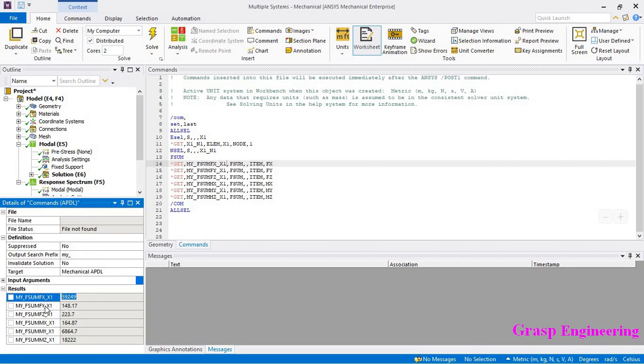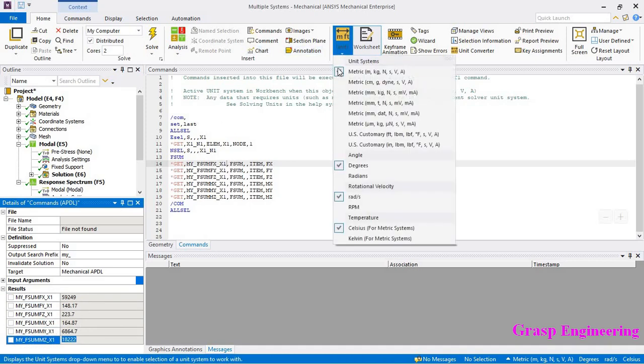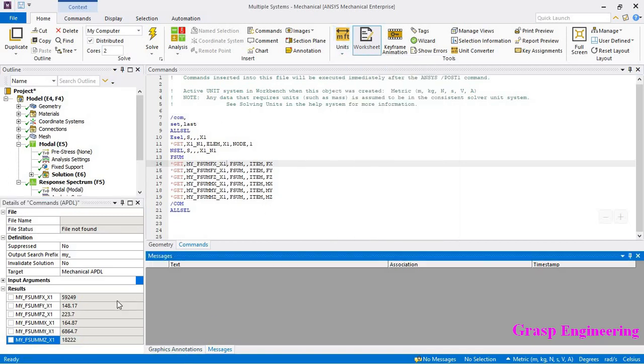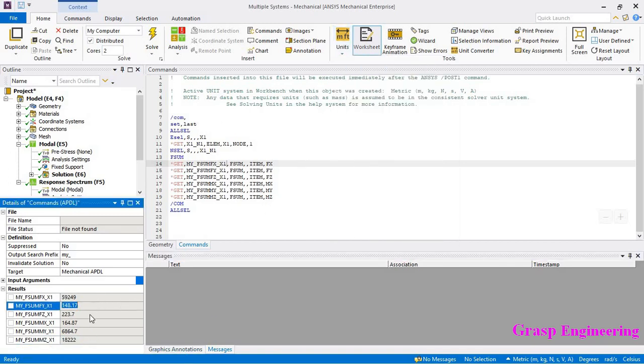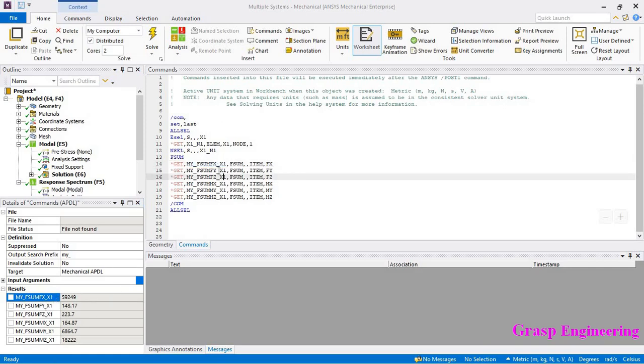So fx, fy, fz, mx, my, mz, the units are the same as whatever unit system you may have. Okay, now you will find the reactions in x, y, z direction. Whatever nomenclature you define here, based on that you will get the reaction. So you can even write simply x1, fx, fy, fz, mx, my, mz, like that also it is possible.